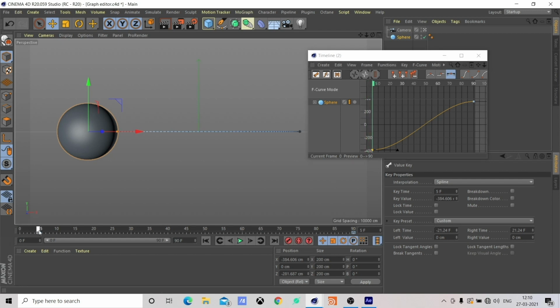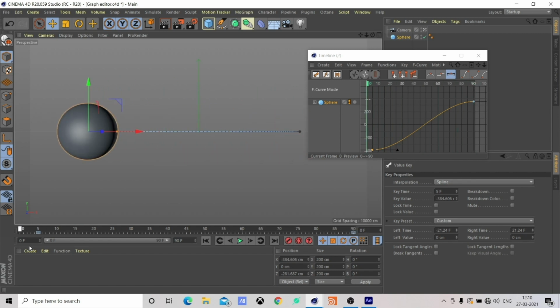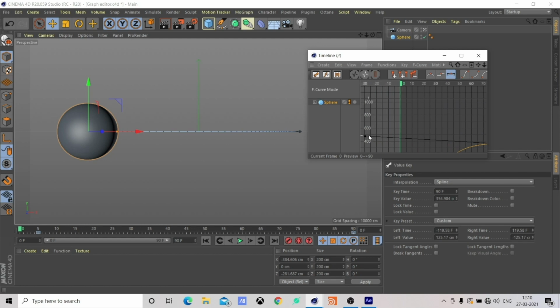Right now we have a very boring graph. We're going to try to make this more interesting. We want the animation to start a little slow, so that is why I'm stretching this. So we have a slow start. I'm going to select this part, drag this like this, and we are going to have a slow end. So we start slow, we increase speed, and then start slowing down again. This is what we want our graph to do.